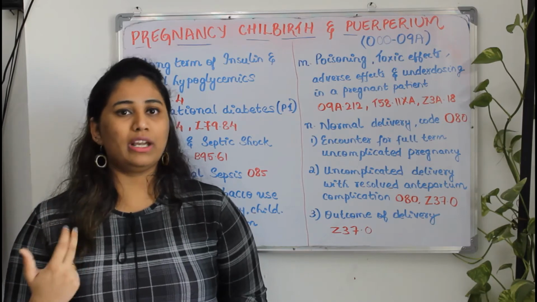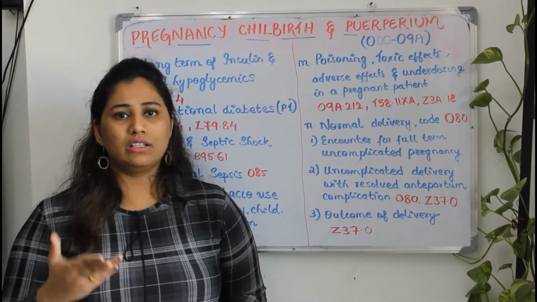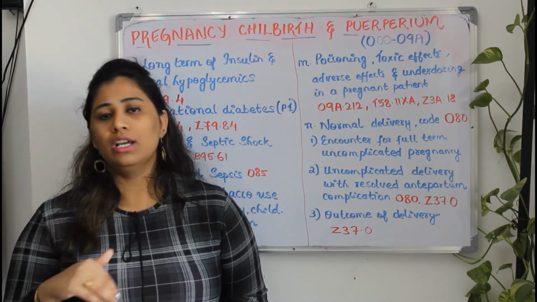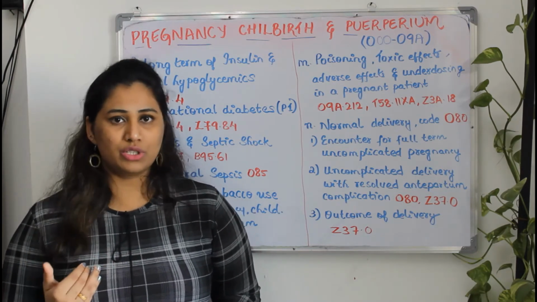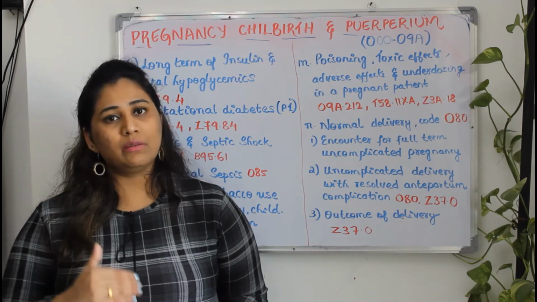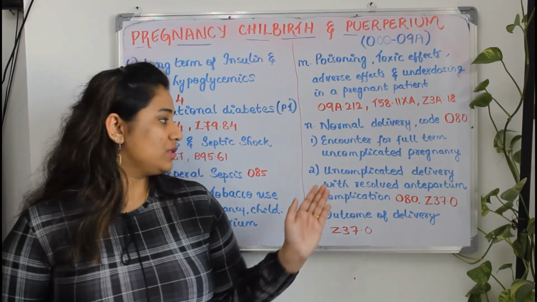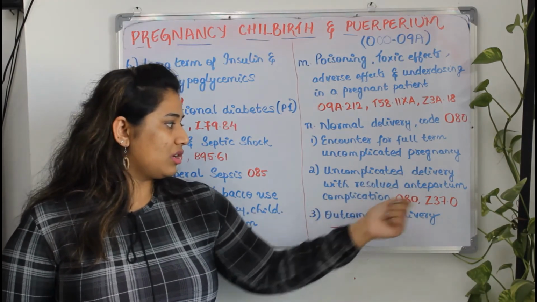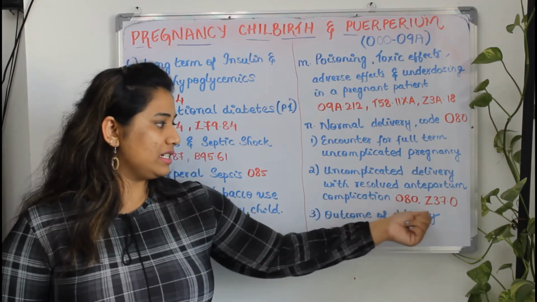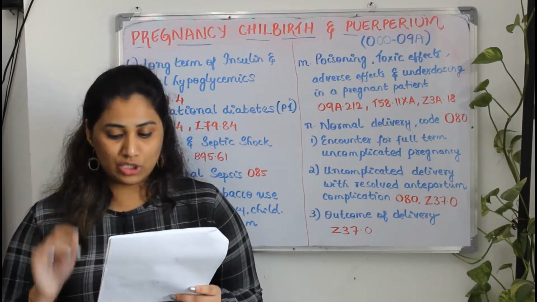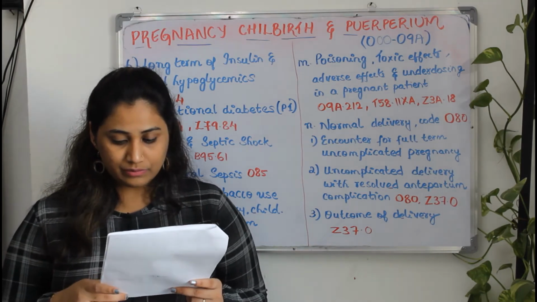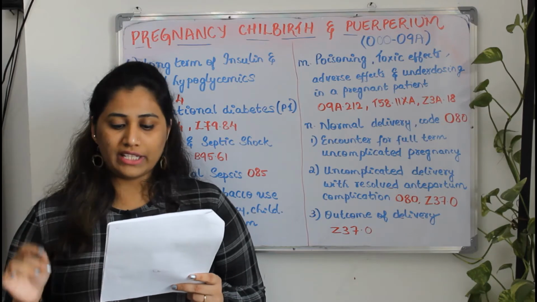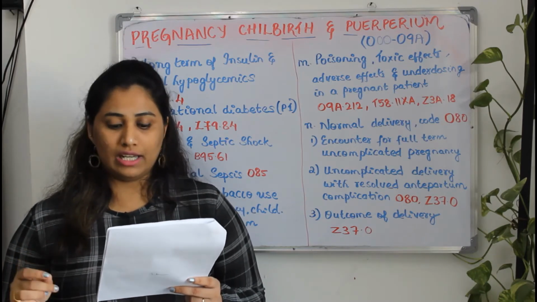The umbilical cord will be around the baby's neck, but once the baby rotates, it may become normal also. The placenta may go back to the normal position and the cord around the neck can also be resolved. In that case, if the patient is delivering normally, we will go for the second category, uncomplicated delivery with resolved antepartum complications, O80, then Z37.0. These will be your codes. So in this one, they have to code O80 and Z37.0, single live infant.